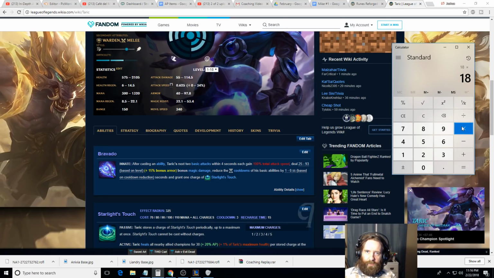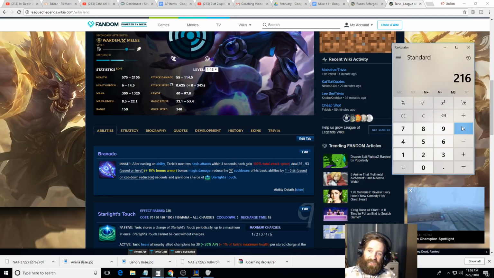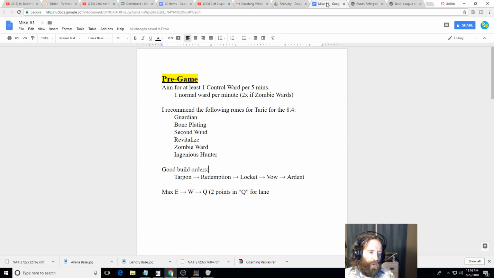So 18 mana per 5. 12 of those happen per minute. That's 216 extra mana every minute that you're walking around, which is a lot. So you're not going to be able to sit there if your team has a 30-second fight and drain 2,000 mana into a fight off of just spamming your Q. Maybe you can't do that as well as you could with Tier, but most fights aren't going to last that long. And there's a lot of